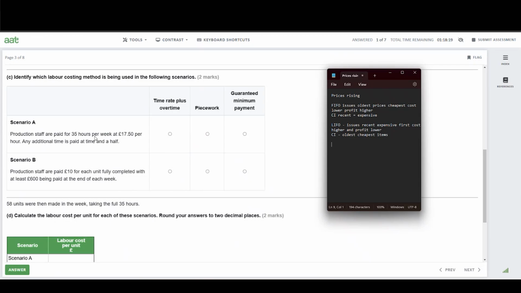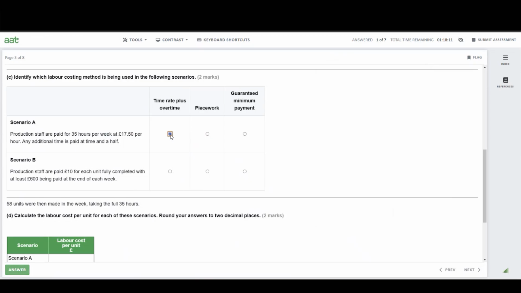We can see the number of hours, the amount per hour, and we can see that there is an overtime rate there. So our scenario A is describing time rate plus overtime. Scenario B, on the other hand,